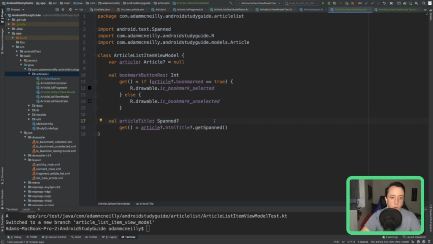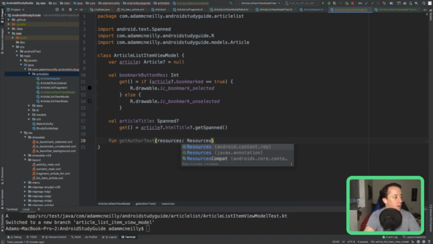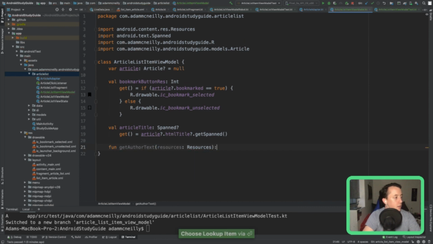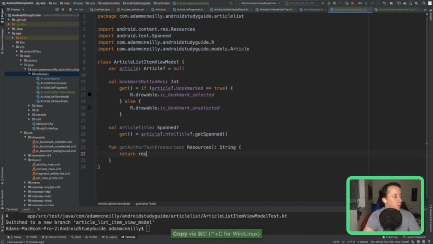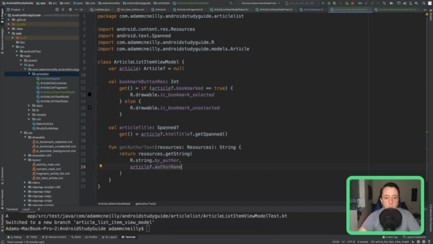But if we do want to get it outside the view holder in the meantime, we could do something like this. Create a function, we could say get author text, and have it accept some Android resources and return a string. Then we would take this same call for the author and say return resources dot get string article.author name.